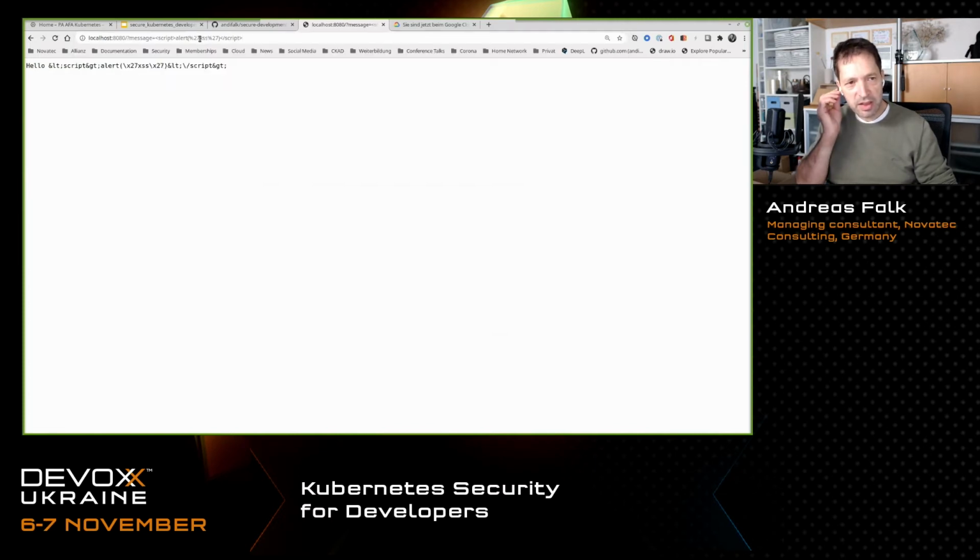As you can see, it is encoded, so there is no pop-up coming up in my browser, so no cross-site scripting is possible at that stage. So that would be one example how to secure your application against one of the OWASP top 10 attacks. For easiness, I have not put authentication inside that application, because it takes some time to always put in username and password, and we don't have that much time today.